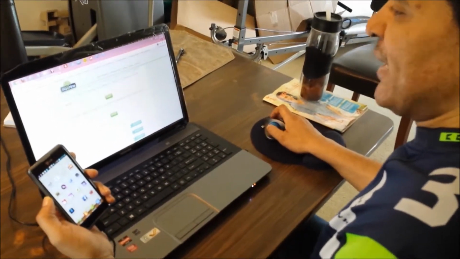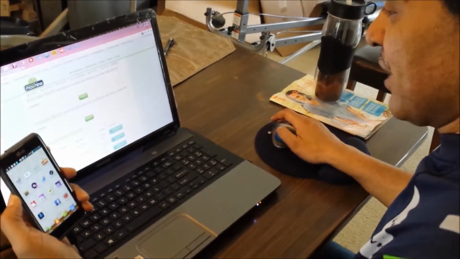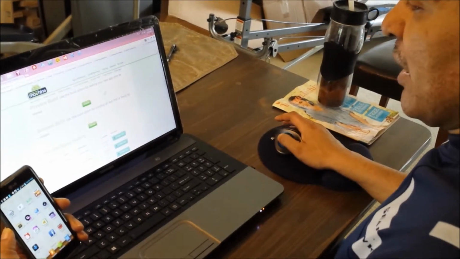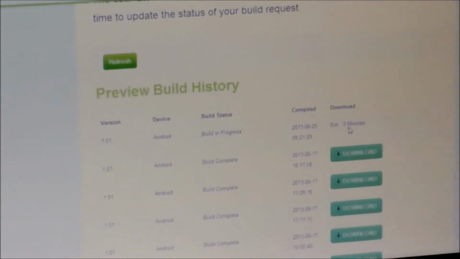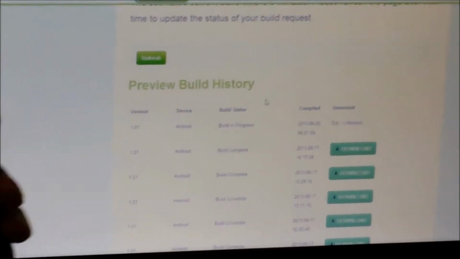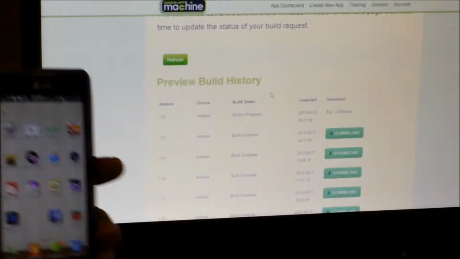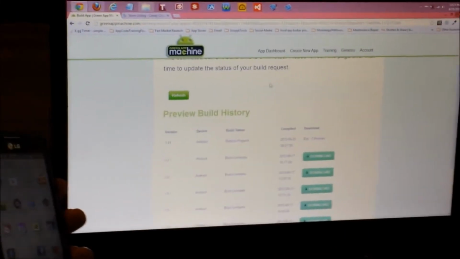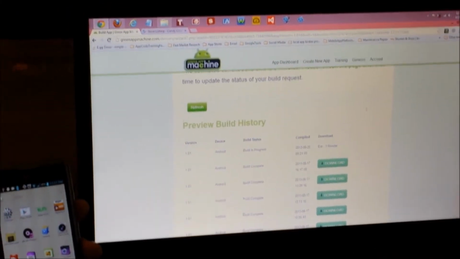is, right now I'm at our preview build. You're going to preview build it. You're going to click that. Of course, you have to wait 2 to 3 minutes, and then we're going to refresh it, then we're going to download it onto our phone. So we're going to let that build real quick. And